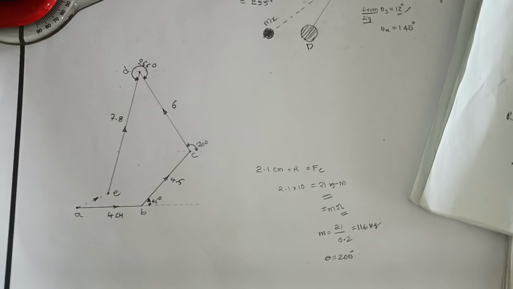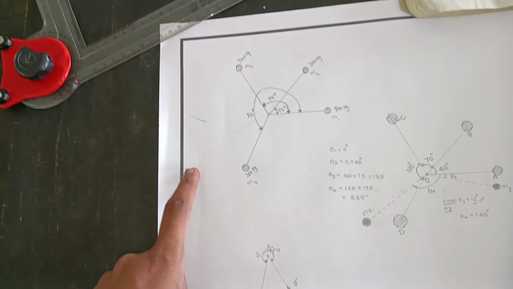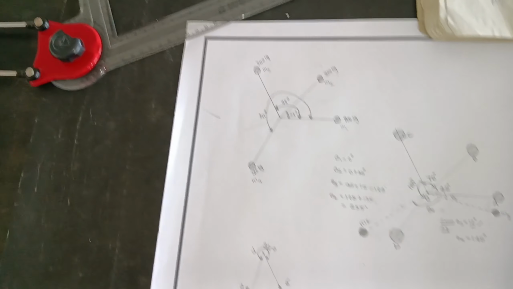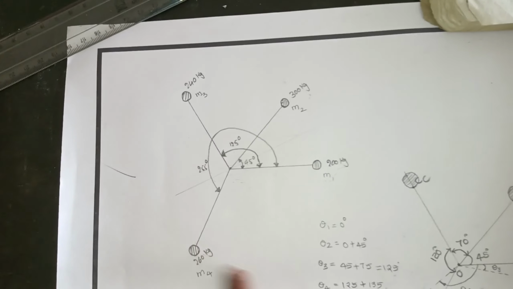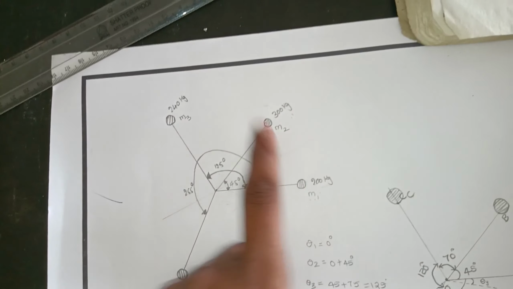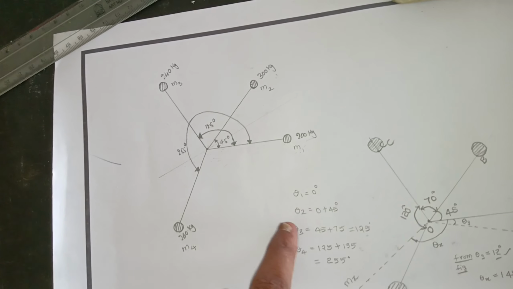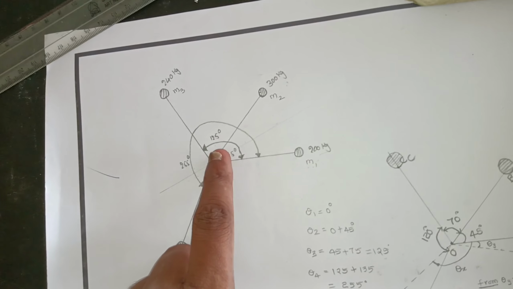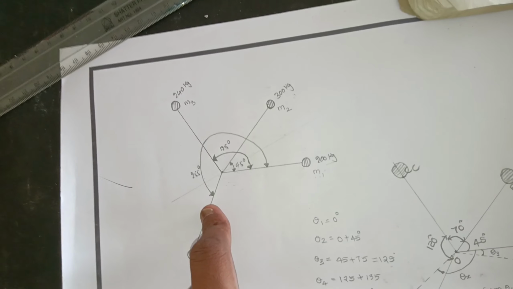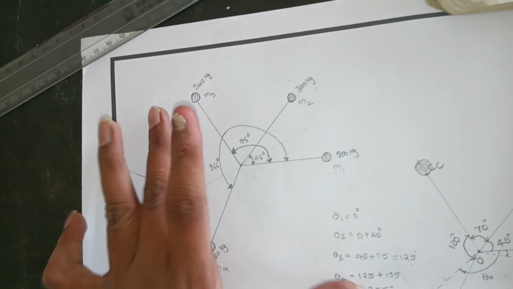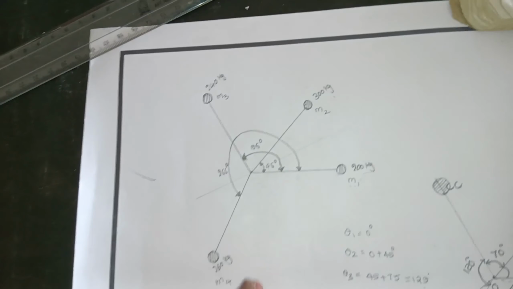Thank you. The same problem you can solve without a drafter. The process is the same, based on the masses m1, m2, m3, m4, with the help of angles: theta 1 is 0, theta 2 is 45, next 125, and this is 255. You have to draw as per the dimensions, only angles. After drawing these angles,